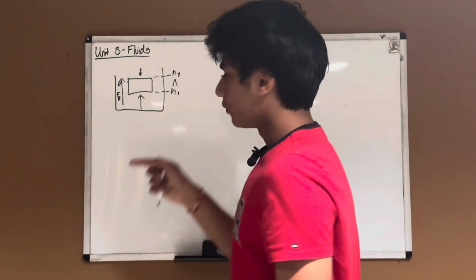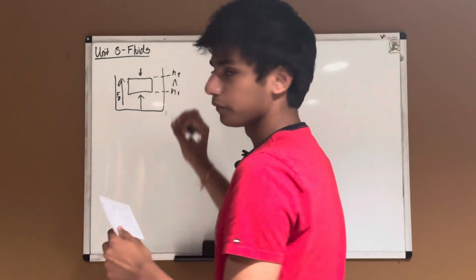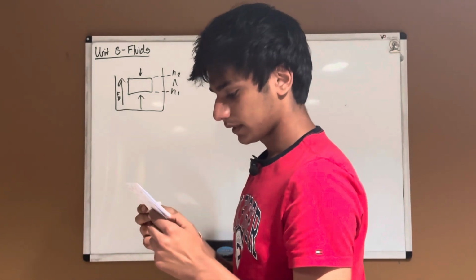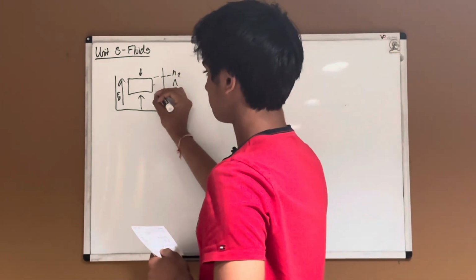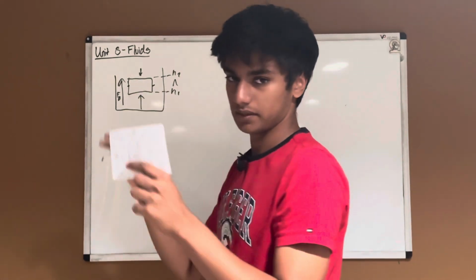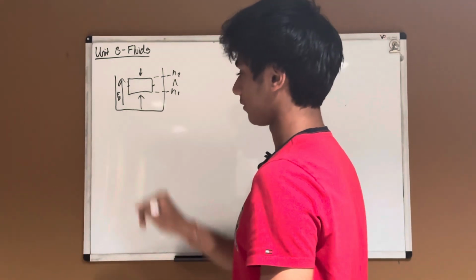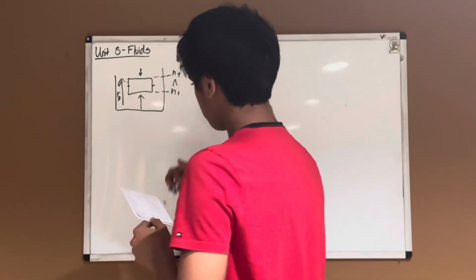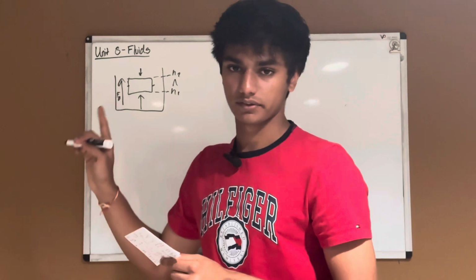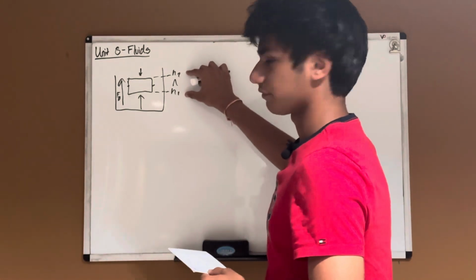And the reason why there's no buoyancy force on the sides is because they're both the same depth, right? Like the side here, they're all of the same depth, same area, same force. Therefore, there's no net pressure on the sides. So our formula for buoyancy, so we know buoyancy is always upwards because again, the pressure difference from top and